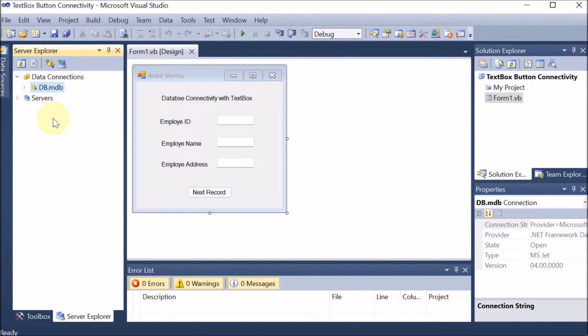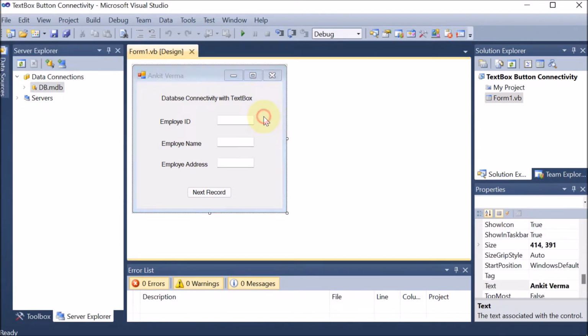So right now we have created two steps. Number one, the database created in MS Access. Number two, we have created the connection between our .NET application and the database. Now we are going to the third step. We want that whenever we start our program, at the same time the data should come on our text boxes. That means whenever the form loads or starts, at the same time the connection should be made. There should be no button we have to press for creating the connection. So for that we have to do the coding on form load.